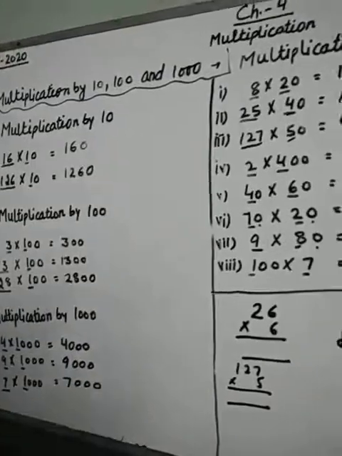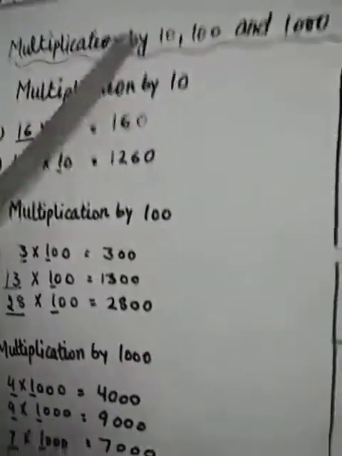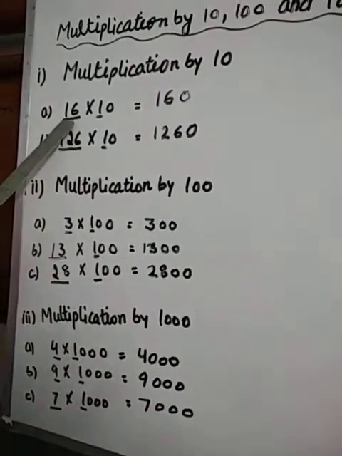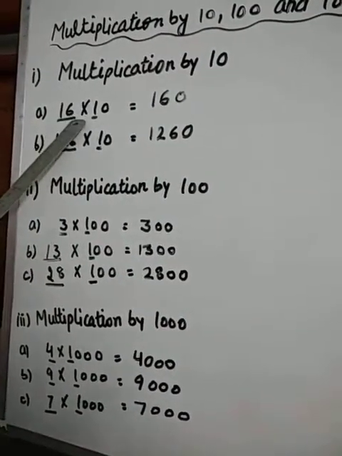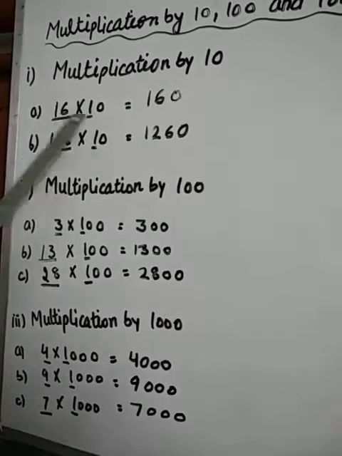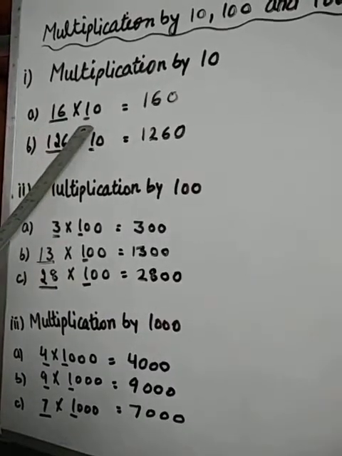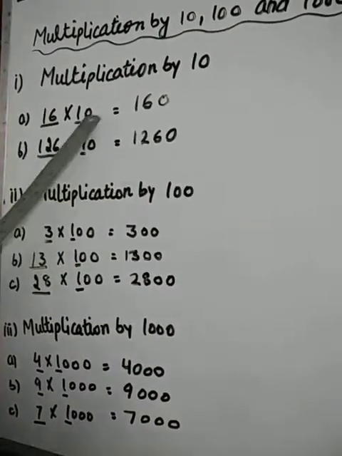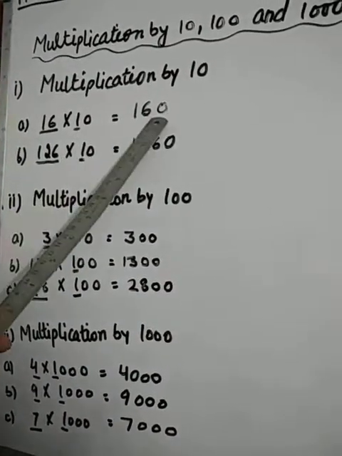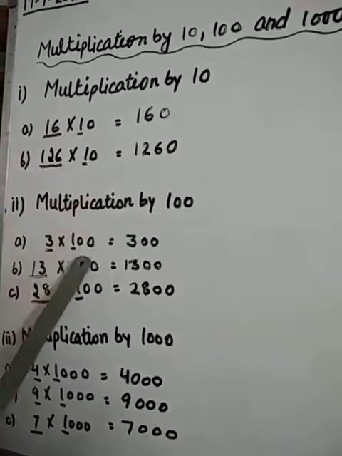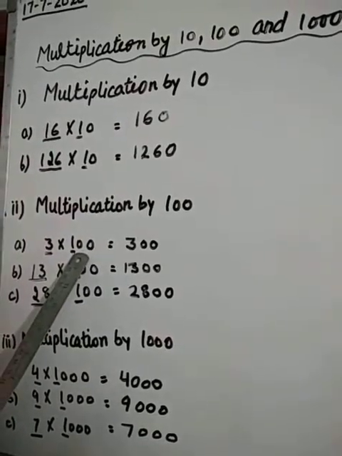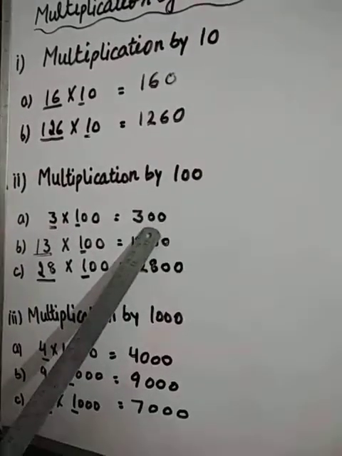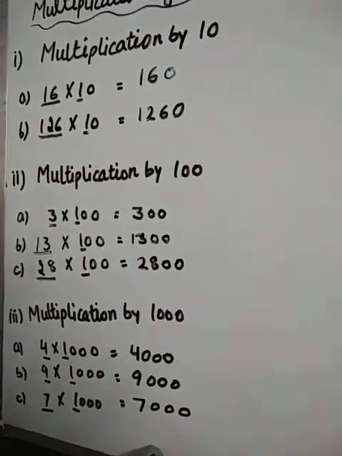I will repeat. Multiplication by 10, 100 and 1000. See, first you have to multiply the number 16 multiplied by 1. You can see here two numbers are there, 16 and 1. So first do the multiplication of 16 and 1, 16. Then you can see the 1 zero here, write 1 zero, 160. If you can see two zeros are there, then do the multiplication of 3 and 1, 3 and 2 zeros, 300. In the same way in the thousands place.